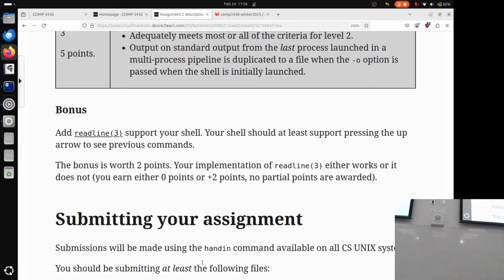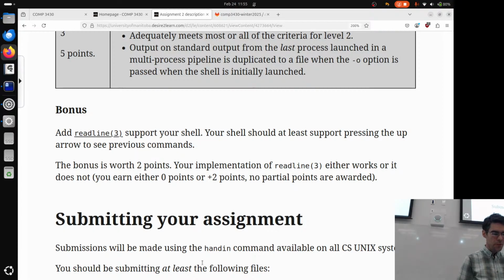The bonus implementation here is your shell doesn't have to support things like the up arrow to get commands back and editing the commands that you've written. If I touch the arrows on the keyboard in your shell, it's just going to print weird symbols. It's not going to work the way that we're expecting. So the bonus here is to start adding readline support. Readline is a library that you can use to do line manipulation, so working with arrows and stuff to be able to edit the command as it's being typed in.